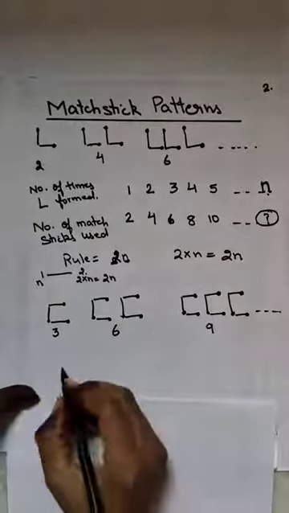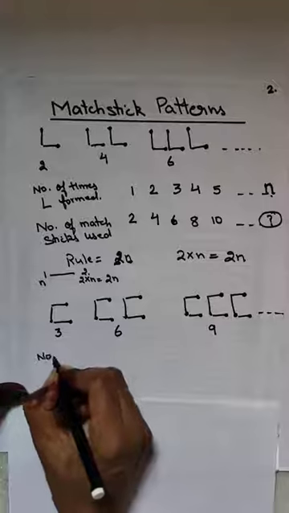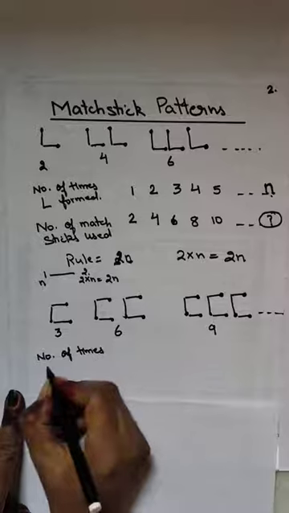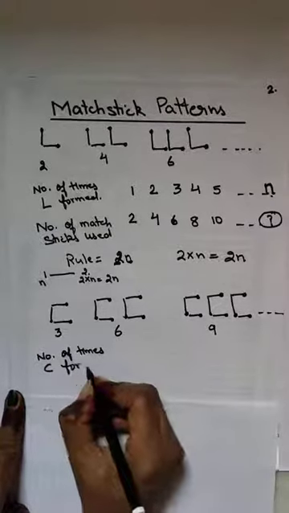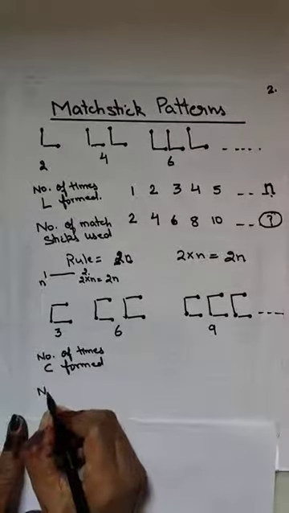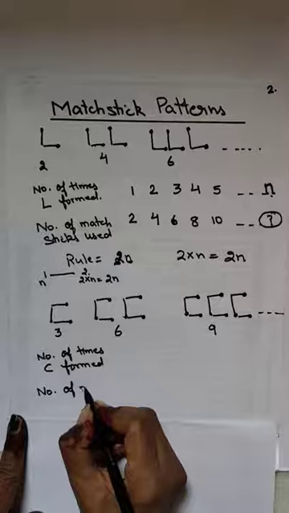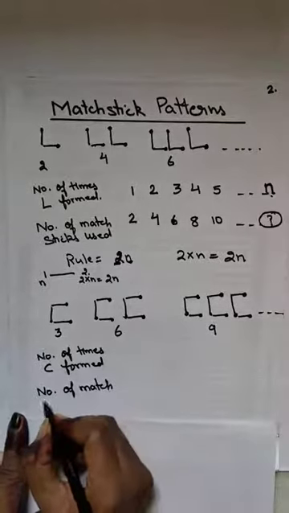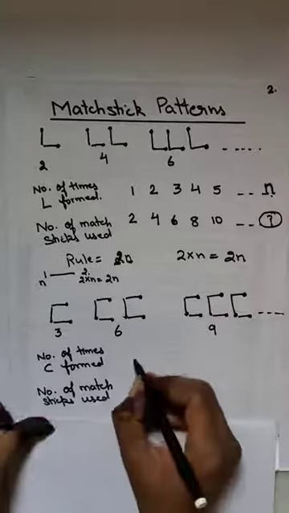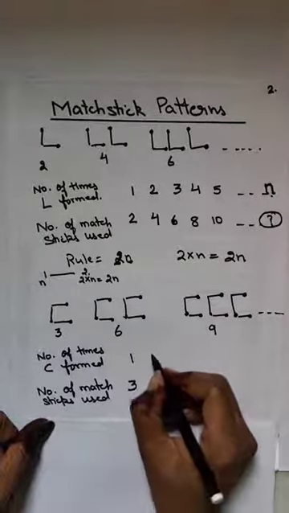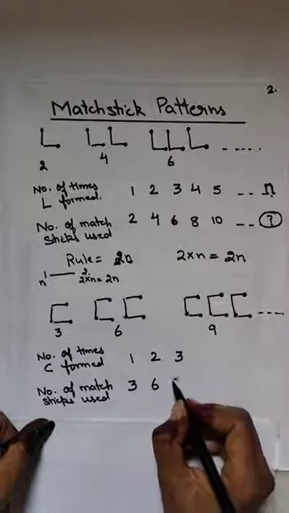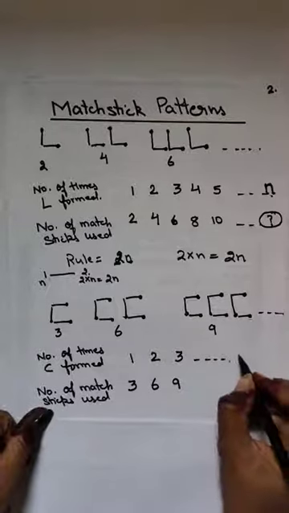So number of times C formed, and here I will write number of matchsticks used. For 1 C, 3 matchsticks. For 2 C, 6 matchsticks. For 3 times C, 9 matchsticks. And if n times C,